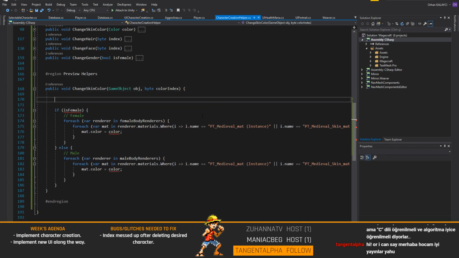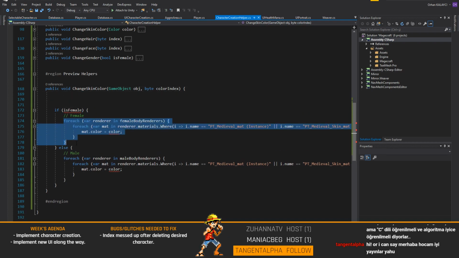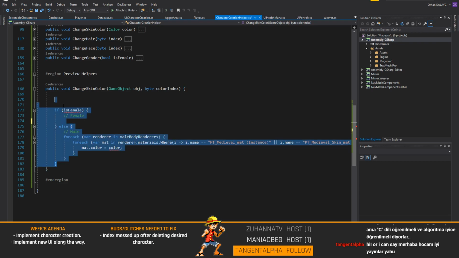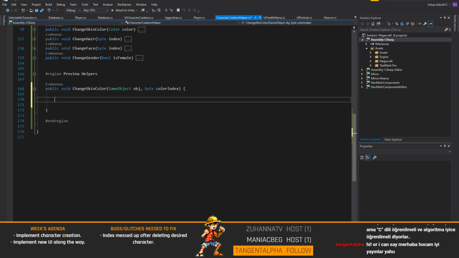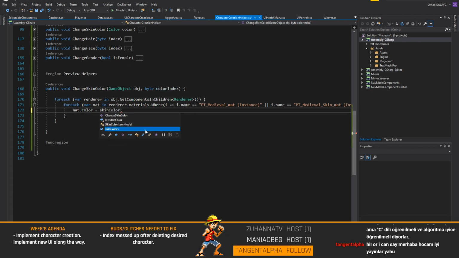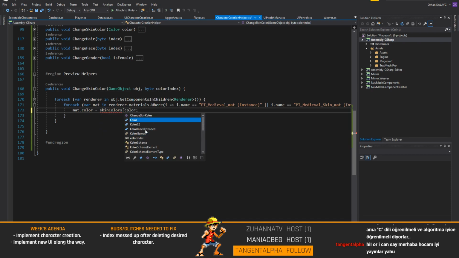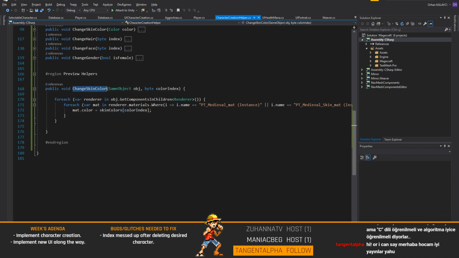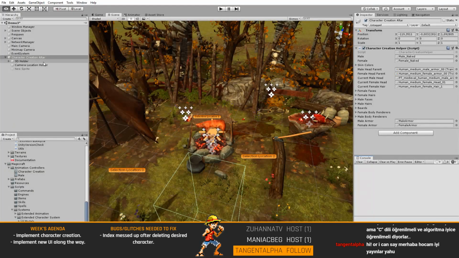Let's see. Instead of doing this, I just need this, because it's the skin color of this. GetComponentsInChildren Renderer, right? Skin colors, color index, and what I'm gonna do is